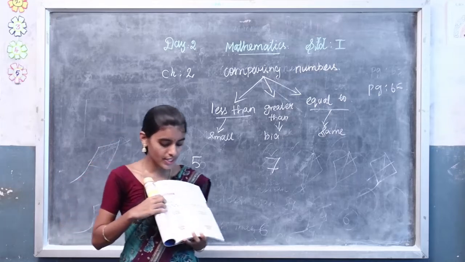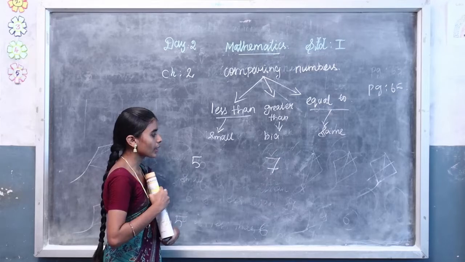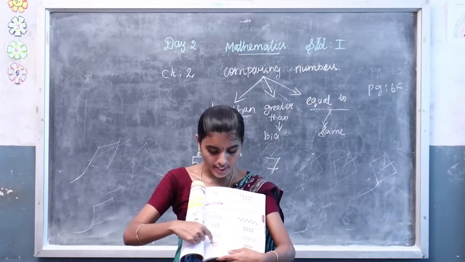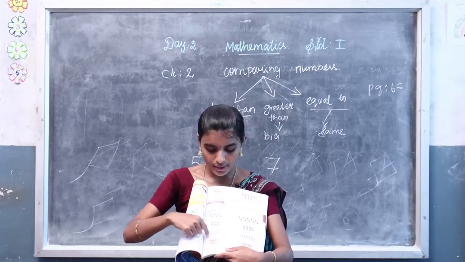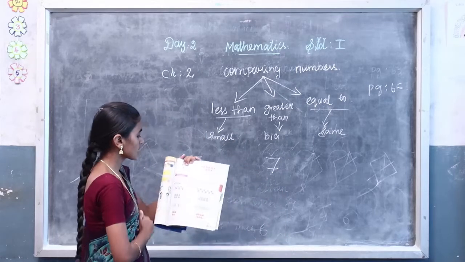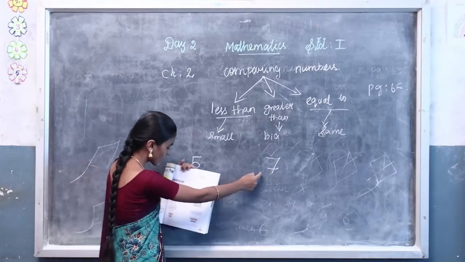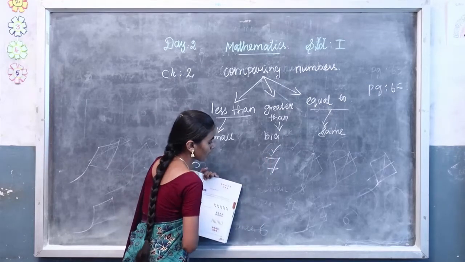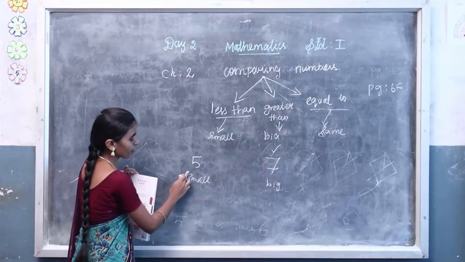We have to compare the oranges. We have to find which one is the big number and small number. So how did you find that? So strike out the first oranges in both boxes. Strike out the first one and strike out the second one and strike out the third one. Strike out the fourth orange also and strike out the fifth one also. So see both boxes. First one is fully struck out. Second one, how many oranges remaining there? 2 oranges remaining in the second box. So this is the big number, this is the small number. 7 is the big number and 5 is the small number.